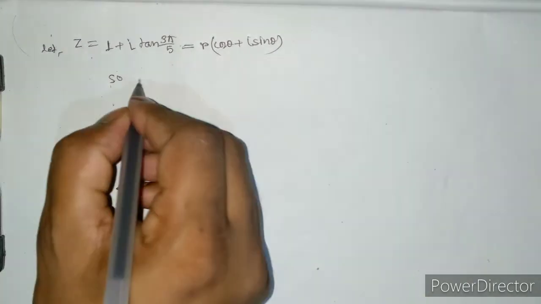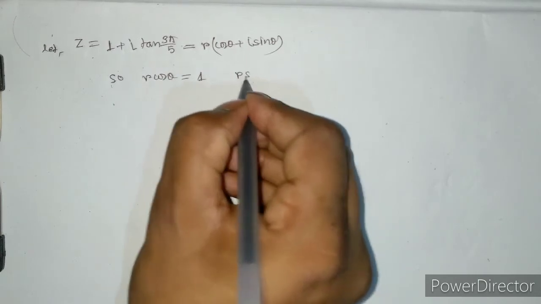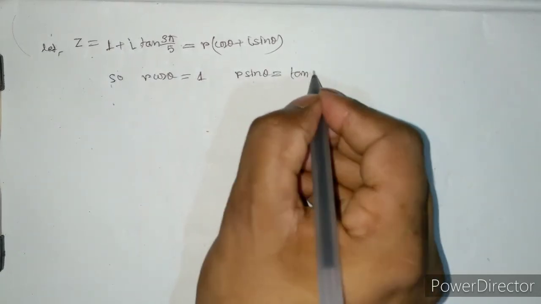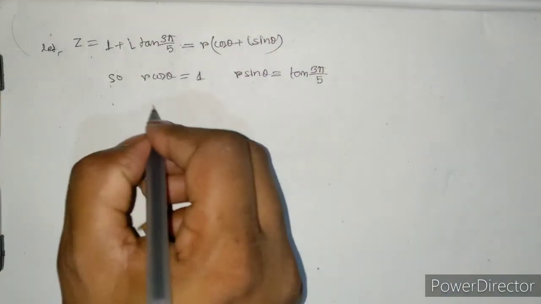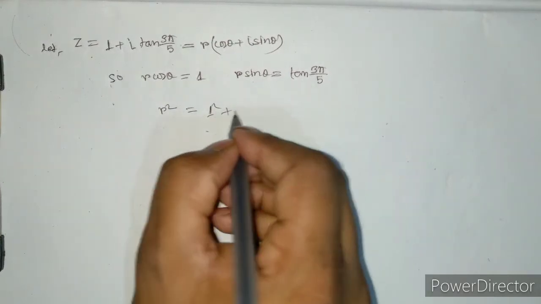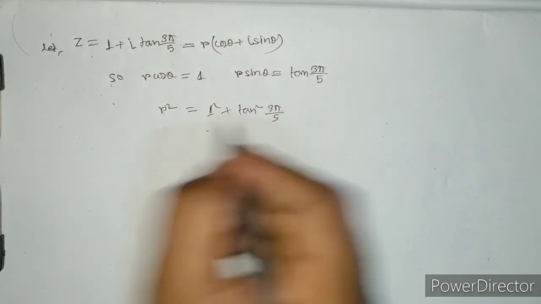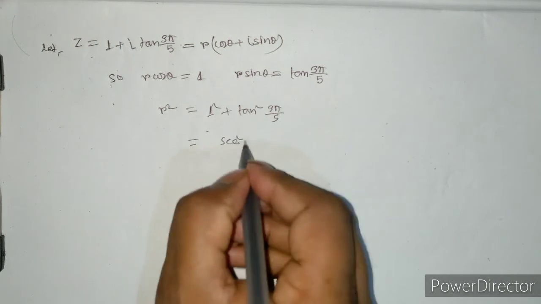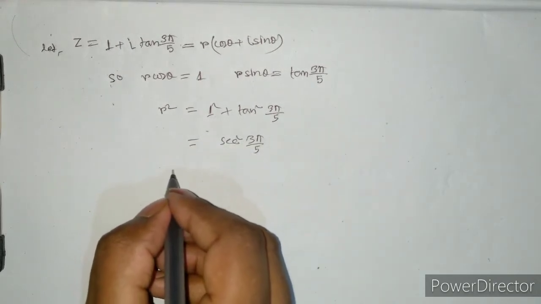So r cos theta equals 1, r sin theta equals tan 3 pi by 5, and r square equals 1 square plus tan square 3 pi by 5 equals sec square 3 pi by 5, and r equals